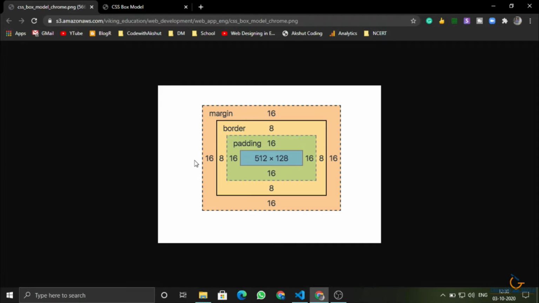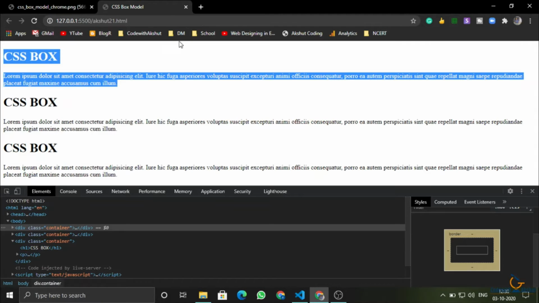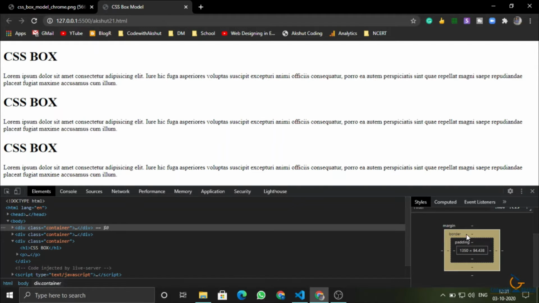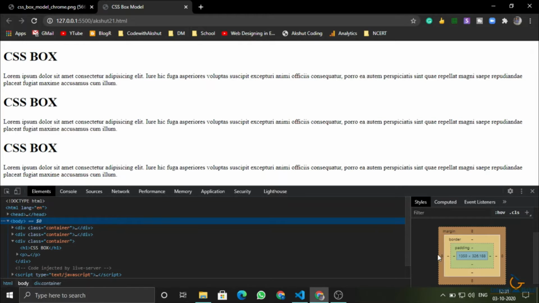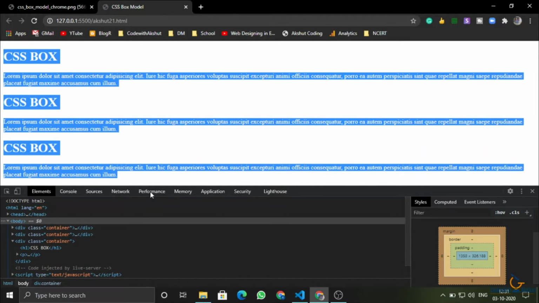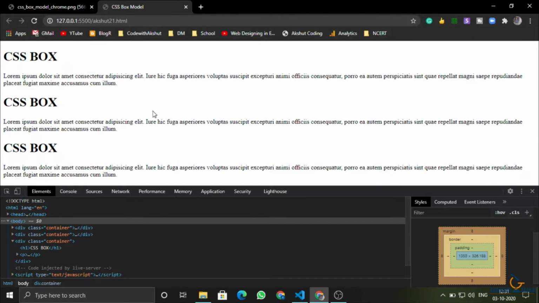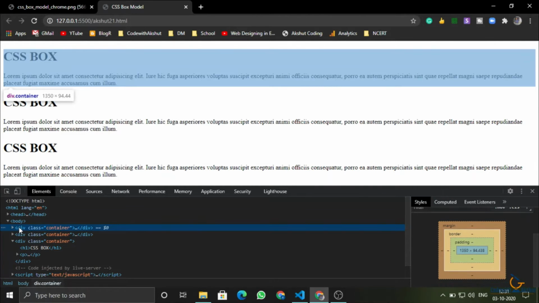The padding is basically inside the element, and it separates the element's content from its border. I think you are able to see this box model. Border, as you know, is the boundary of the element. We don't have any boundary here. But in the body tag you can see we are having 8 margin. The margin is the element's outer space with the parent. The parent is the body and the child is this div.